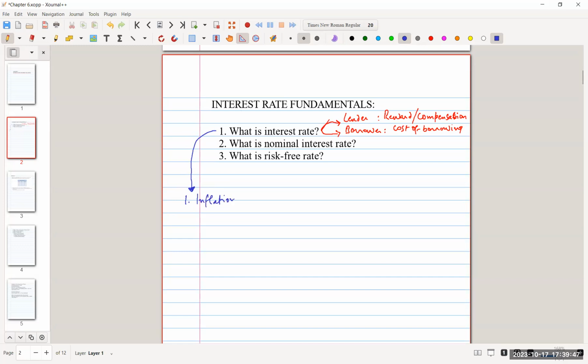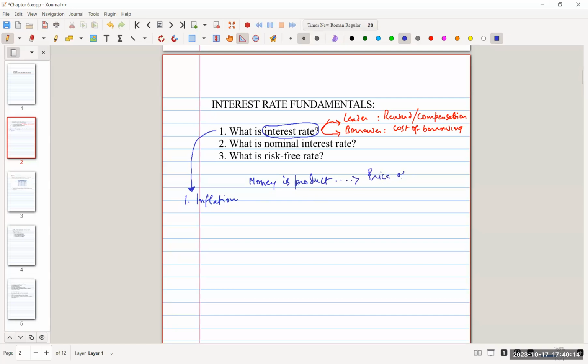So if inflation increases, the interest rate would also increase with it usually, because after all, what is interest rate? If you perceive money as a product or a commodity that can be purchased and sold, then the price of money